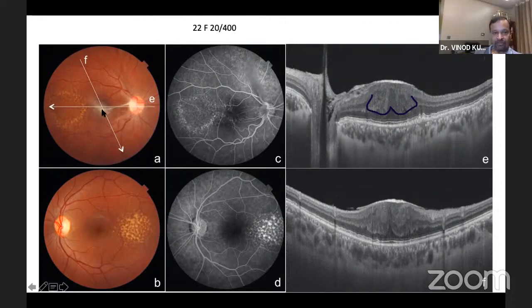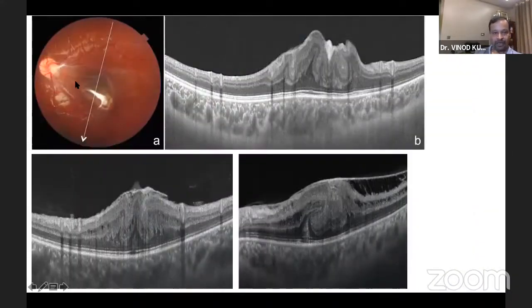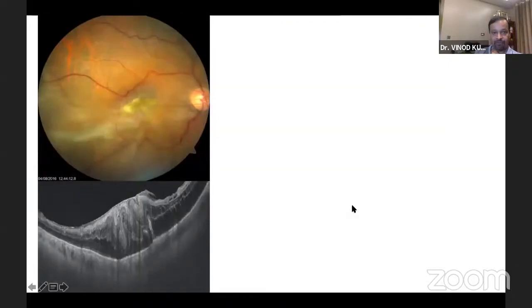So as you can see, this is a patient with macular CHRRP, and when you do the OCT of these patients, we can see this omega-shaped alignment of the inner retinal layers, which is bounded by the outer plexiform layer. So we saw this in a variety of patients, and we described this particular condition. As you can see, most of these patients would have omega-shaped infiltration of the inner retina.